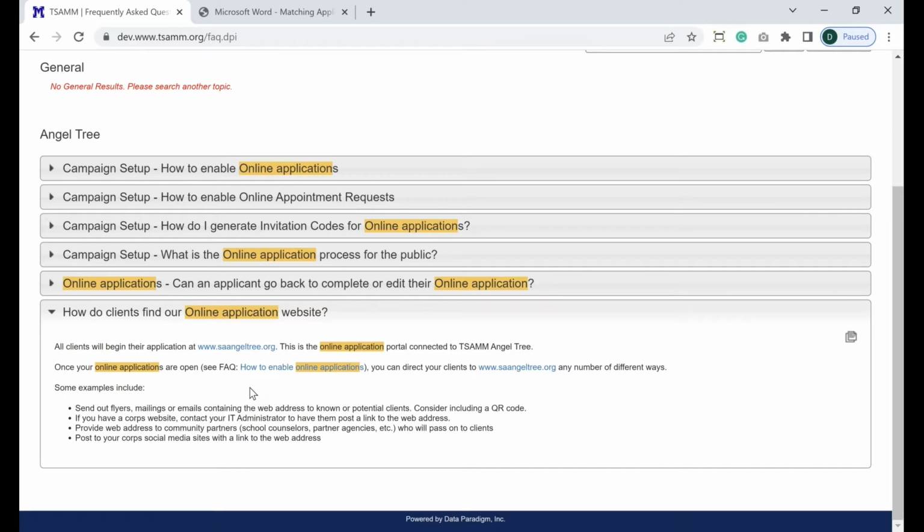But every applicant, no matter where they are, all across the country, all go to one single website to enter their Angel Tree application. So you don't have a unique link that you need to generate or send out to your applicants. There is one single link that everybody across the whole US who's using this program would use for their applicants to apply, and that is saangeltree.org,